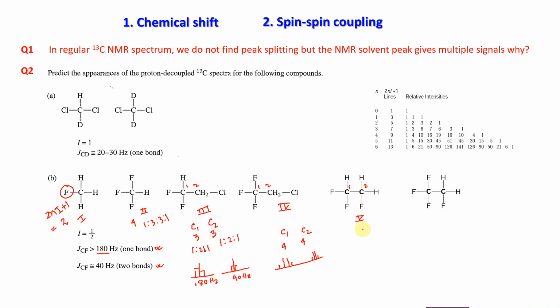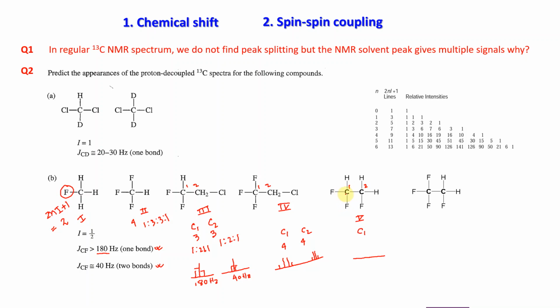Okay, so C1, what will be the nature of the peak? Who can tell correctly? So C1,